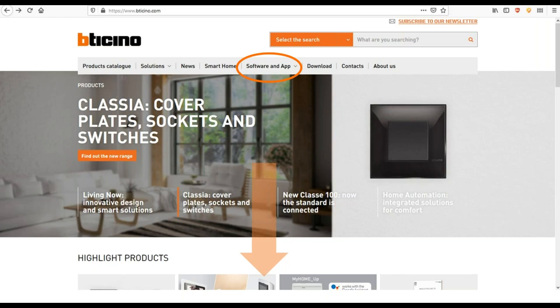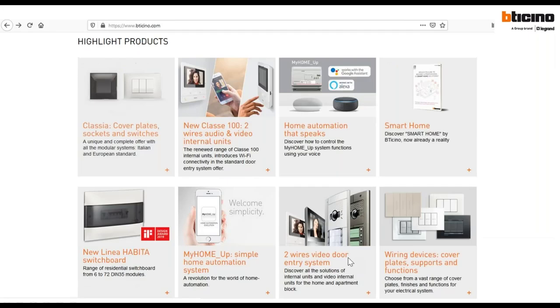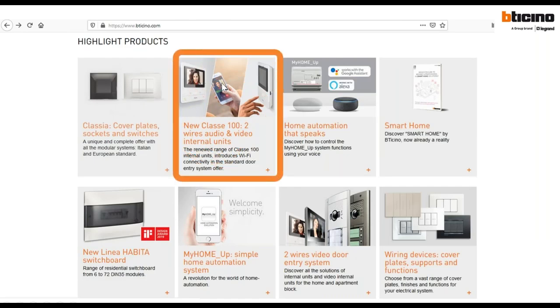If you go over the website, you can arrive at the web configurator in two ways. One is clicking over software and app, or just going below here, that you see. Here there are two possibilities, new class 100 or two wires video door. You click over one of these two,